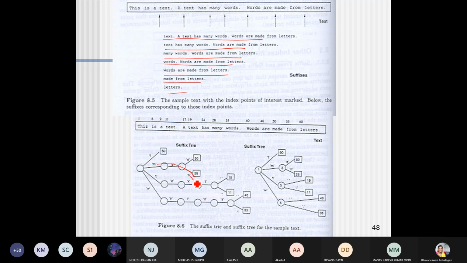You can find the letters over here, and the text over here, and then made over here, MADE. If you have MA, you can have D over here, DE. This way goes made, and this way goes many. So MA is going to be the common term. In this way you can create a suffix tree.